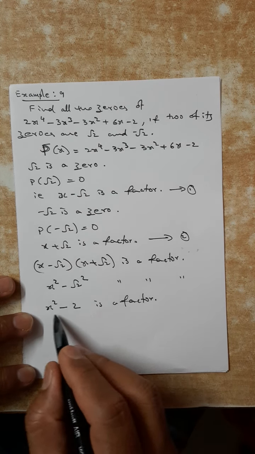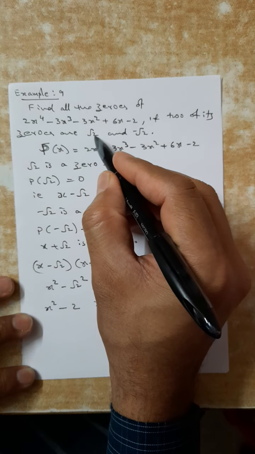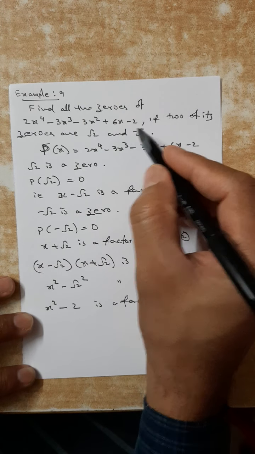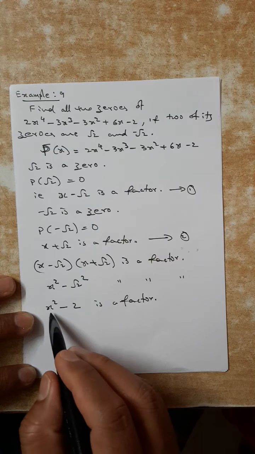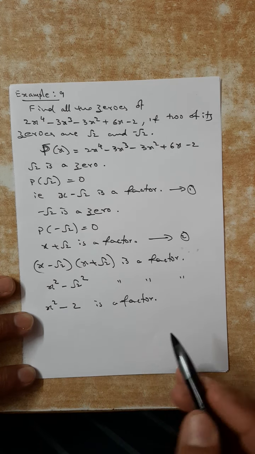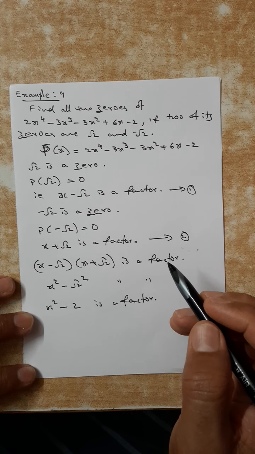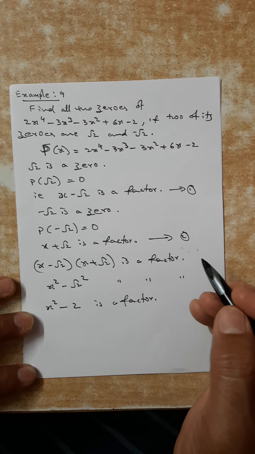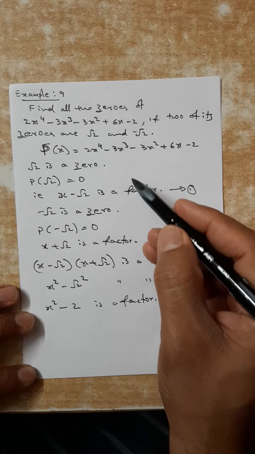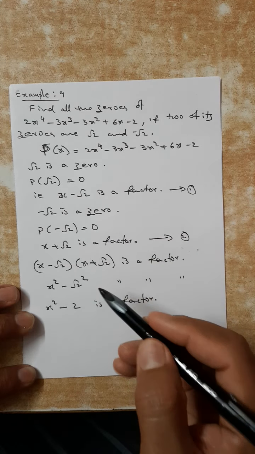We can even say this one directly. Root 2 means x minus root 2. Minus root 2 means x plus root 2. X minus root 2 into x plus root 2, a square minus b square, is x square minus 2. But if you write all the steps, it will be easy to understand. And when there are slightly different questions, we will be able to do them if we study systematically. That's why I am showing all the steps.